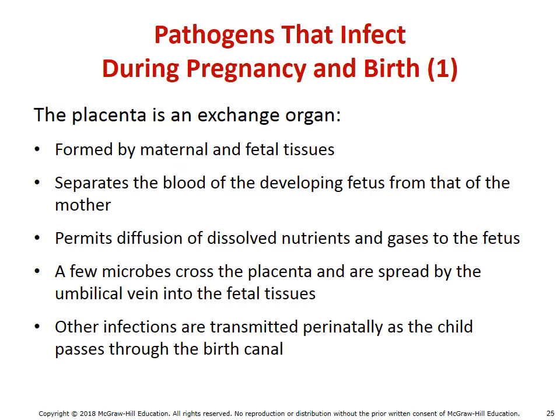An important thing to note is that whenever the baby is being developed, we want to protect it from typically pathogens. And so we put a lot of emphasis in trying to screen and protect the baby. And so one of the important things that has to develop to protect the offspring is the placenta. The placenta is ultimately an exchange organ that allows us to filter out or control what's moving to the fetus. And that way we can make sure only resources are going to the baby and not bad things like pathogens. I do want to point out that some pathogens can and will pass the placenta, and those are the ones that we're really concerned with in terms of exposures during pregnancy.